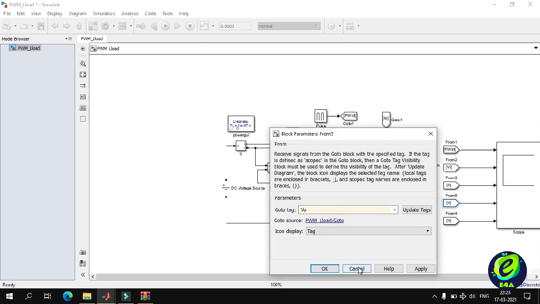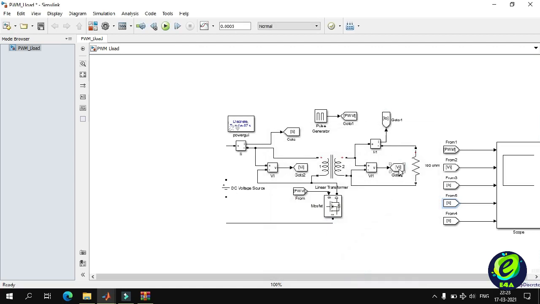Oh, we have made a mistake here. The output voltage tag should be VO, not VI.